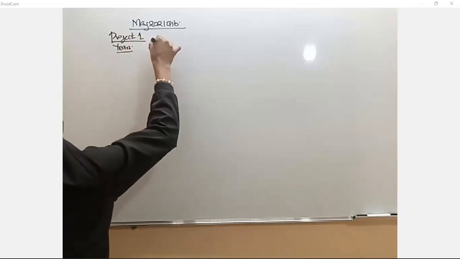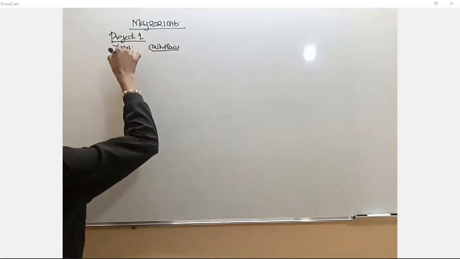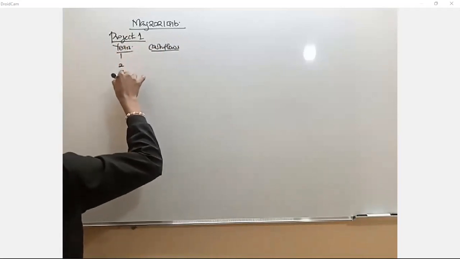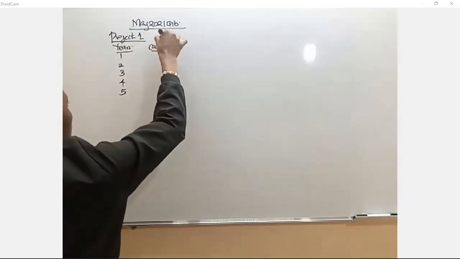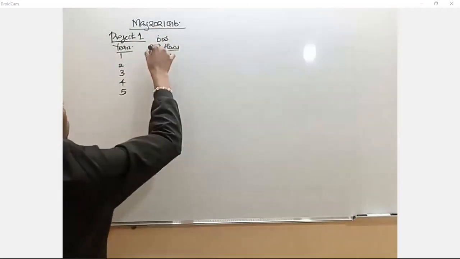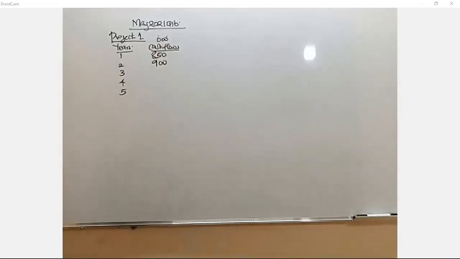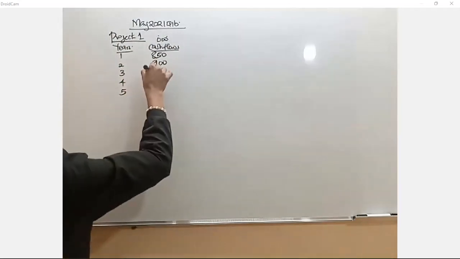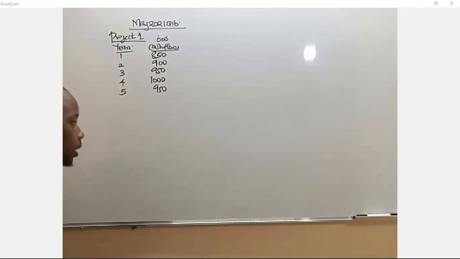We have cash flow. Correct. So we have year 1, 2, 3, year 4, and year 5. The cash flows are provided in thousands of shillings again. So let me just limit our shillings to thousands. The first one would be 850. We have 900, right? We have 950, 1,950, correct? Then already we have our discount factor,